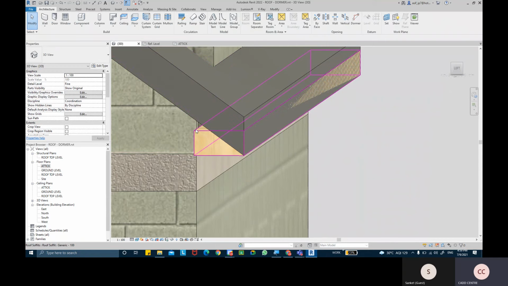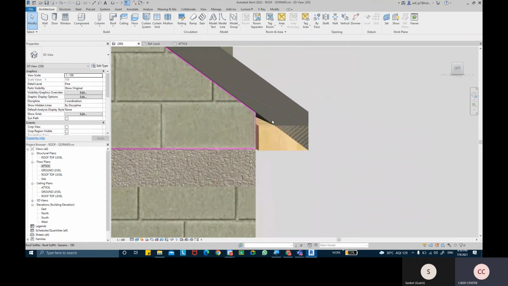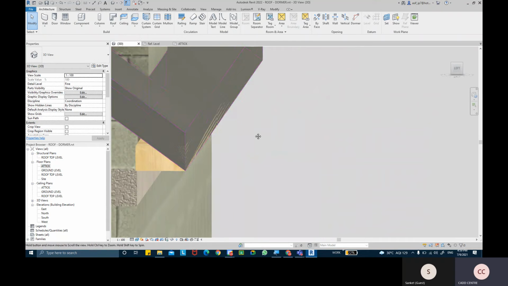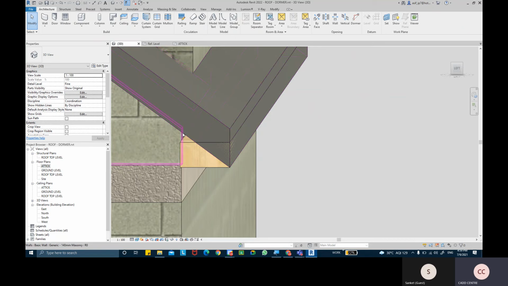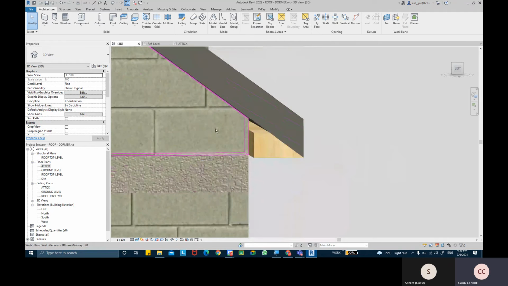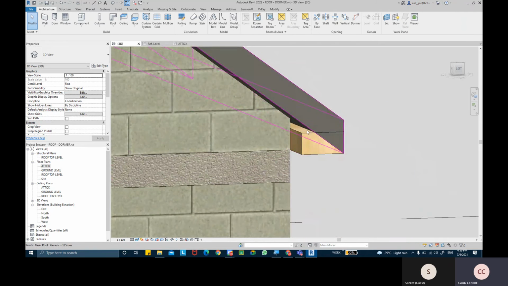Then we still have this little bit of opening still there, right? So what we should do is create another extrusion over here and cover that gap, so that no insects or birds create their nesting inside.